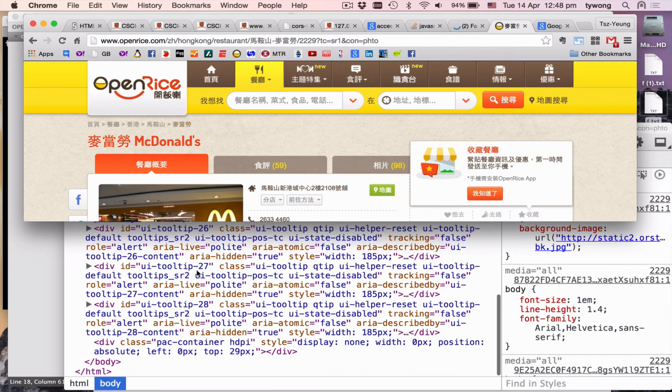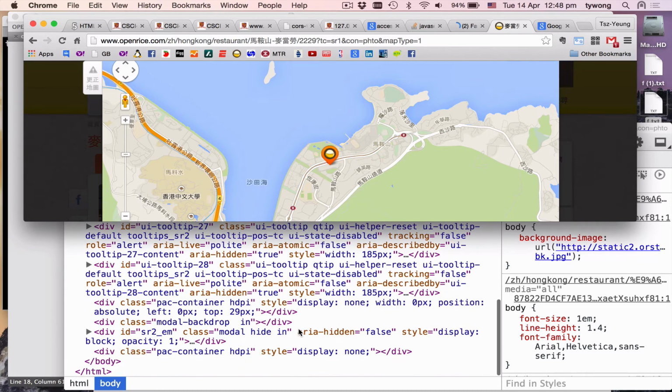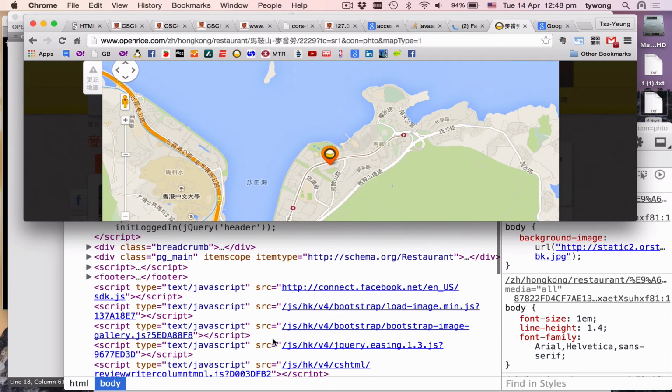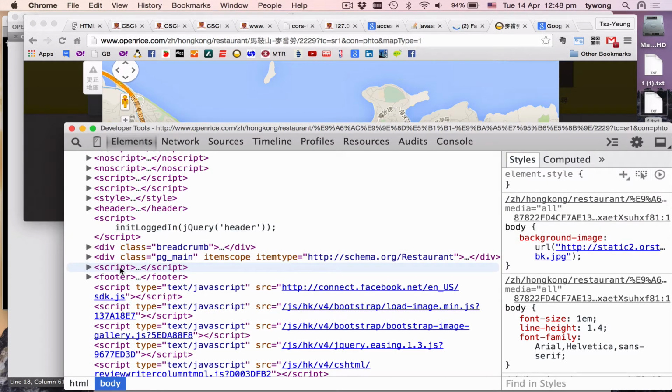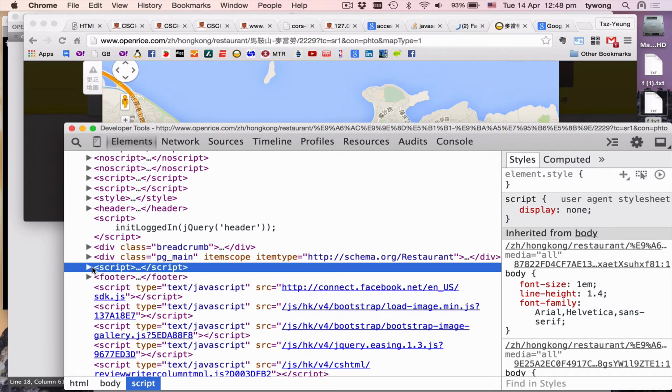Okay, so let's do it. Now I click on the map. Can you see the new stuff coming in? The new stuff is coming in as if some code is being executed, and it generates a new div. Now actually, how are those new divs generated? Can you just spawn a new script tag? No, it seldom does this. It's actually doing something